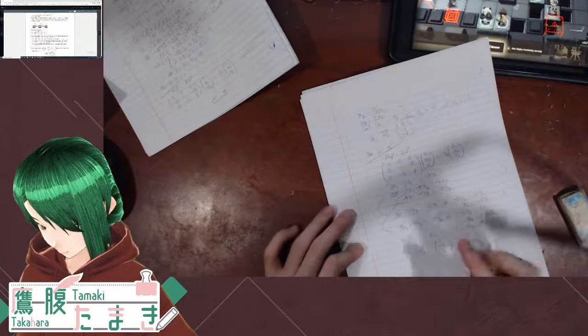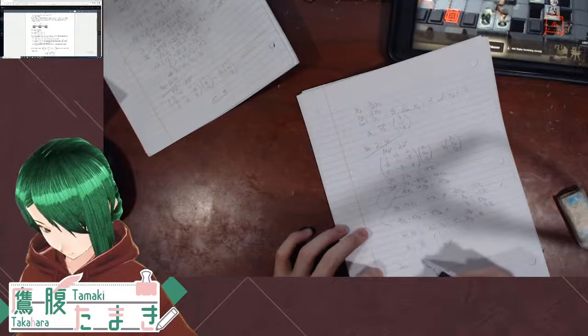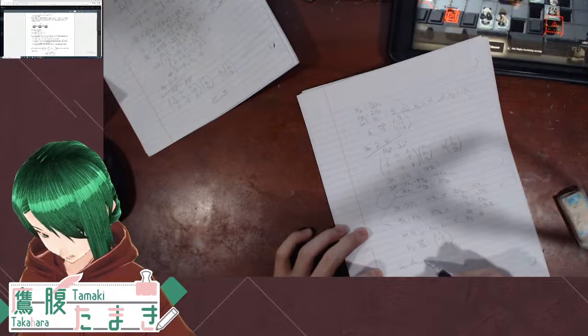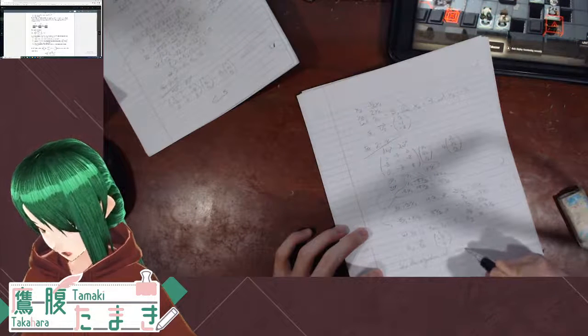Okay, so, in conclusion, the eigenvalues and corresponding